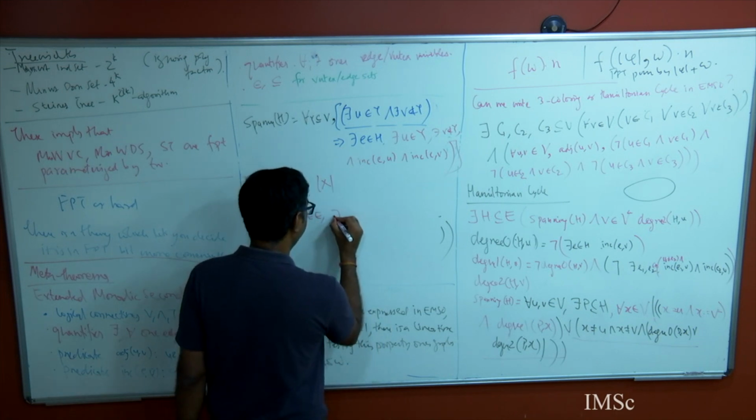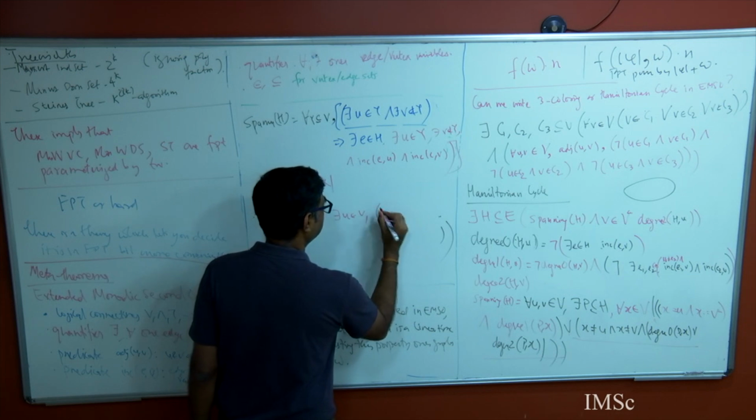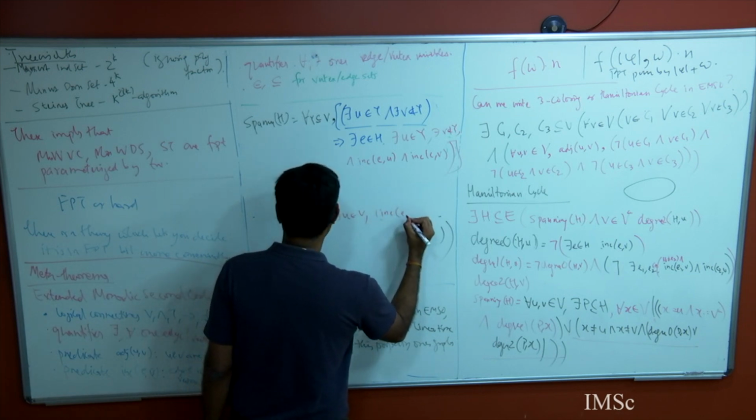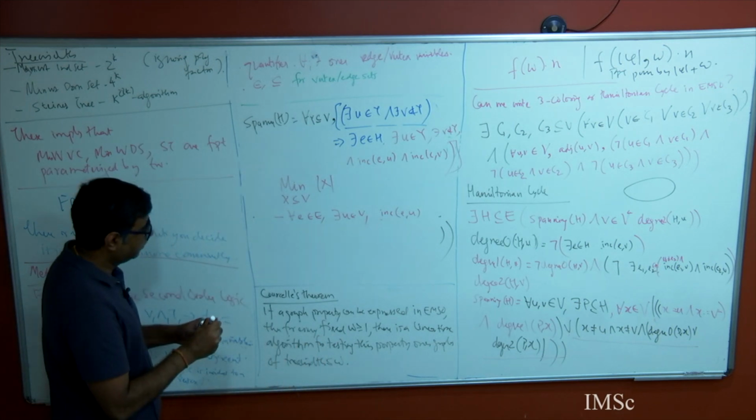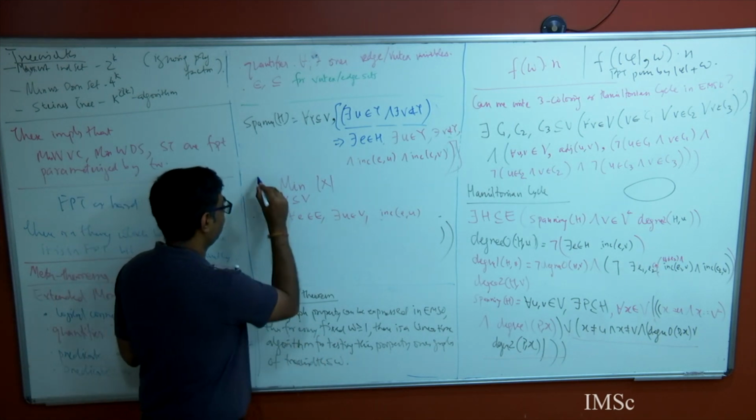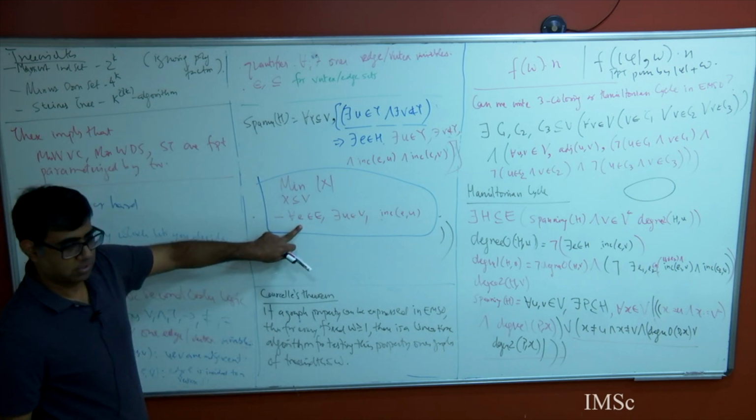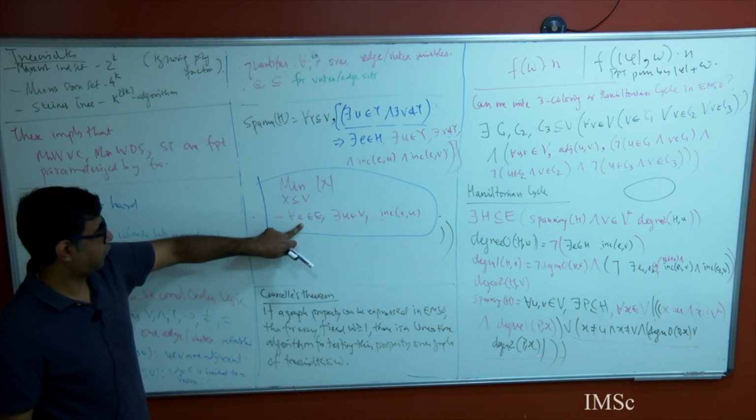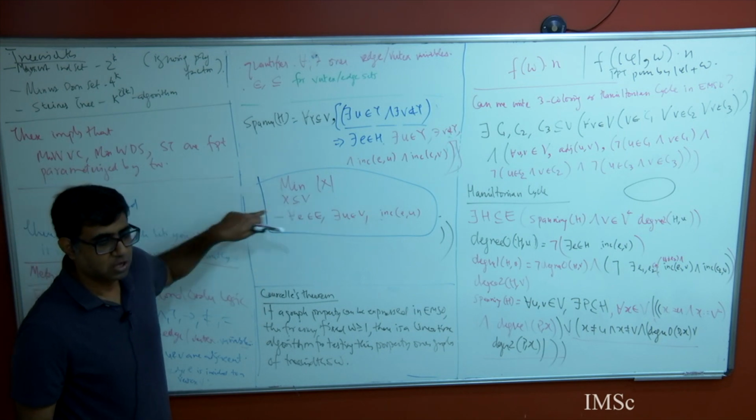For all edge in E, there exists U in V such that U is incident on E. That's it, right? But now notice this is a constant length formula. This is not. This is a formula which does not depend on the size. It finds the minimum set X which satisfies